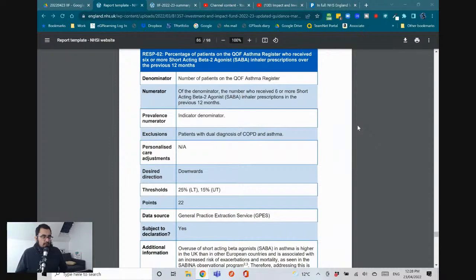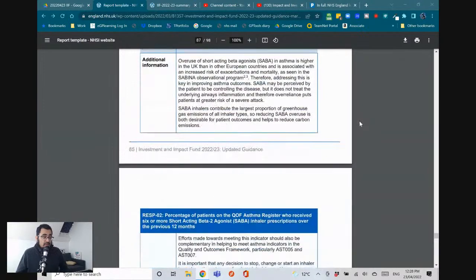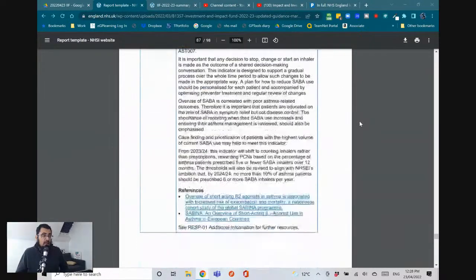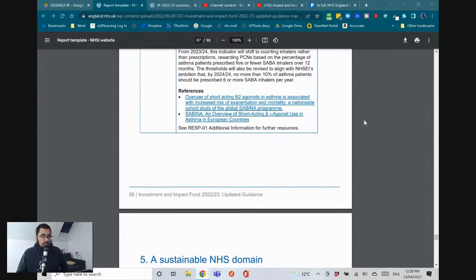25% lower threshold, 15% upper threshold, so you get more points if you have fewer patients. 22 points, so again, reasonable amount. That's about £4,000 for your network. GPES service extraction data, and it gives you the reasons why there. I think that's a really useful one because we know that excess use of salbutamol can have an impact. Potentially, it's worth considering moving patients over to the FMART treatments, as I know some of the guidance is suggesting